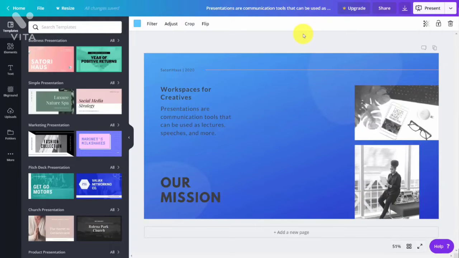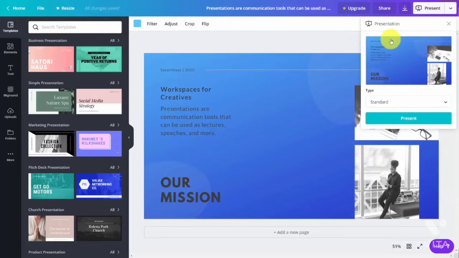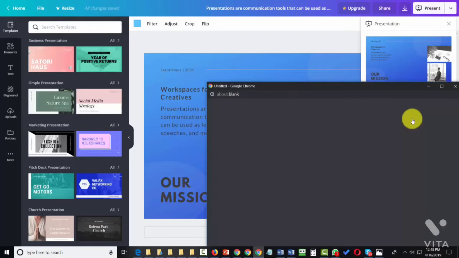Welcome back. Now, one way to output the content is to output it into a presentation. And we can do that by going to this drop-down arrow, and you're going to see that there's going to be a link here for a presentation. What we're going to then do is to click that link. You're then going to see that we can download it into a standard presentation, and we can also output it into a presenter view. So if we click the presenter view and then we click present, what you're going to